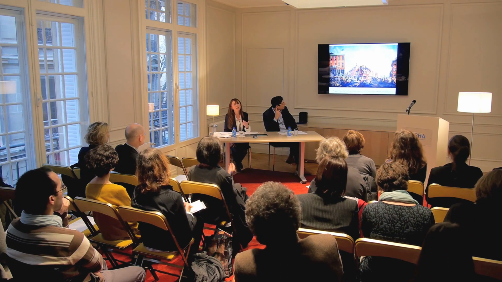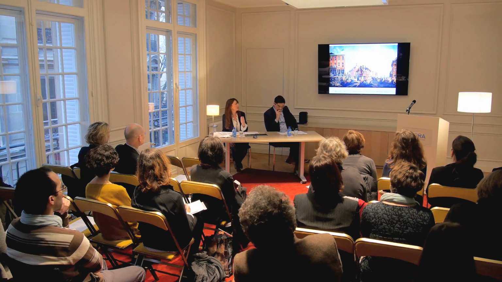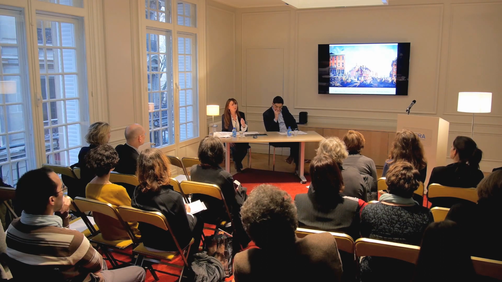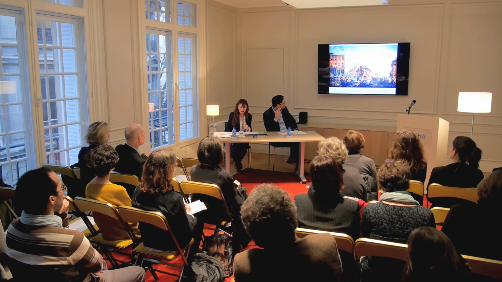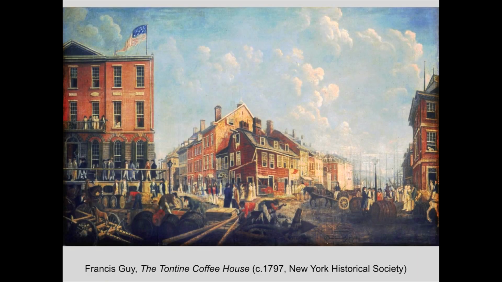So there's something interesting about British perceptions, which then, if we look at the earliest representations of the city's business, we get perhaps that same feeling, as in an image like this, of crazed and frenetic energy, which the architecture of the city perhaps cannot contain. On the left-hand side, what we're looking at is the Tontine Coffee House, which is the first established site for stockbroking in New York. On the right, a view down Wall Street towards the East River. So this is the very site which is still now the centre of New York's financial district,